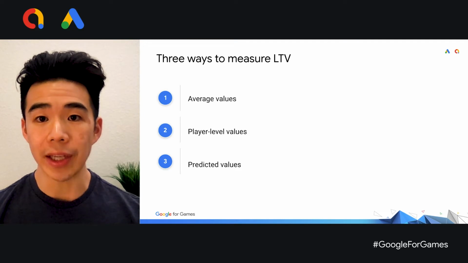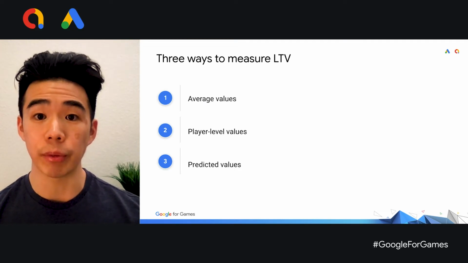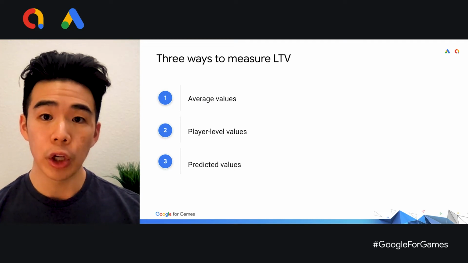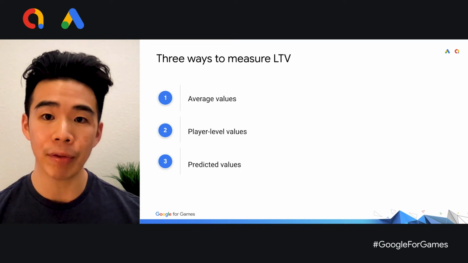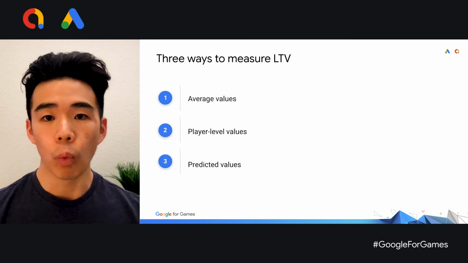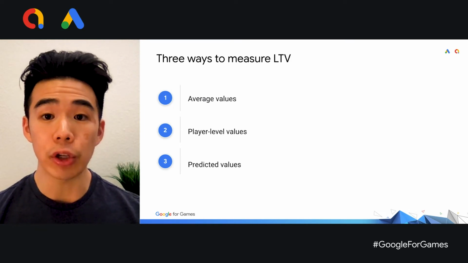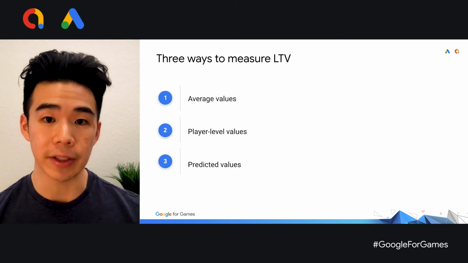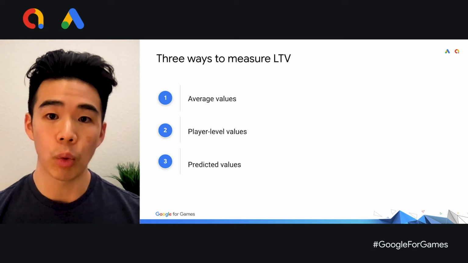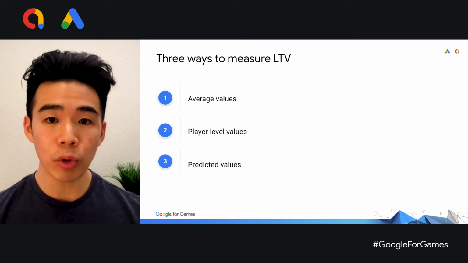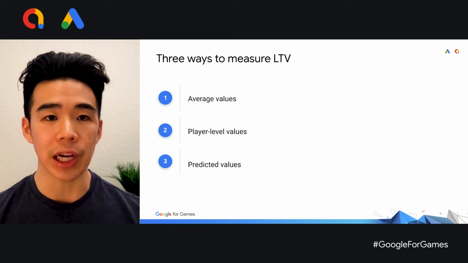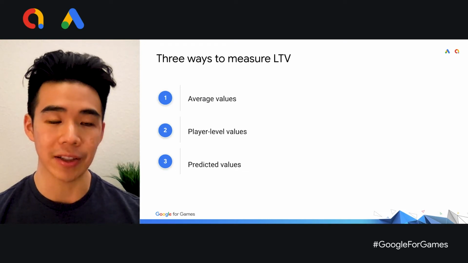There are a few different ways to calculate user LTV, ranging from simple to complex. You can start off by estimating a high-level LTV based on an average revenue and average retentions in your app. Once you've mastered that, you can zoom in and do these calculations on a per-player basis. And finally, when you're ready to take it to the next level, you can build predictive models to help you look into the future. Let's quickly walk through how each of these different concepts might work in practice.